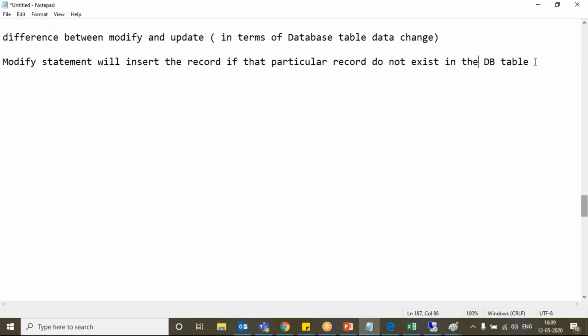Okay, got the point. If a record does not exist, simply writing a modify statement will insert a new record in the database table. Now the case is if the record exists,